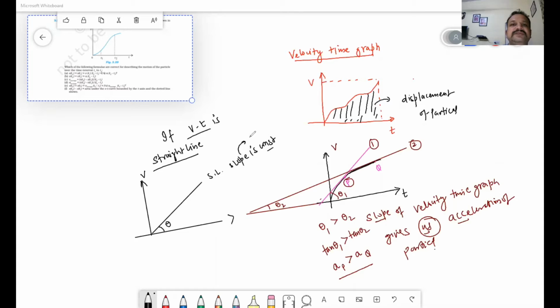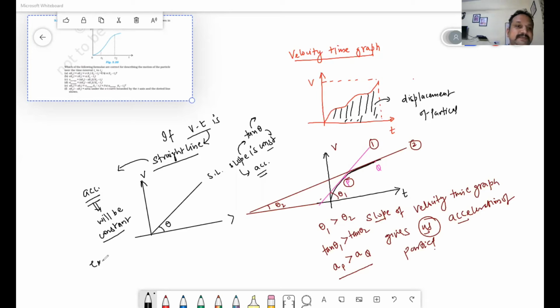If the slope is constant, then the value of tan theta is constant. The slope represents the acceleration of the particle. So if the velocity time graph is a straight line, then the acceleration of the particle will be constant,